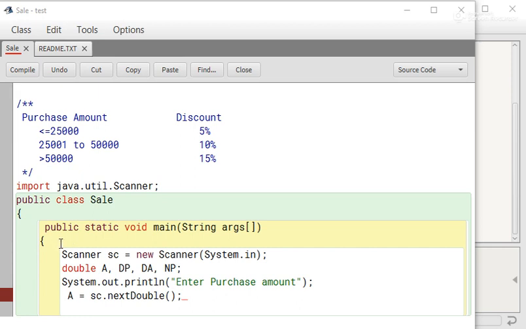Till now we have declared a Scanner class, and then we declared the variables a, dp, da, np. Here a is for amount, dp is for discount percent, da is discount amount, and np is net payment.